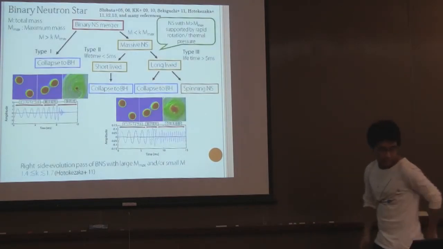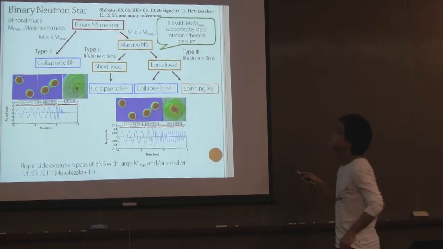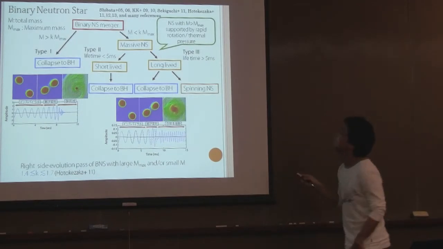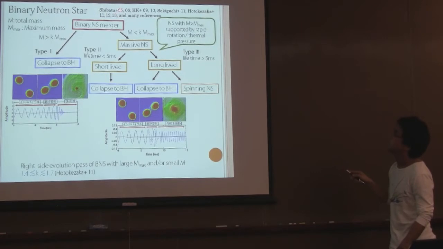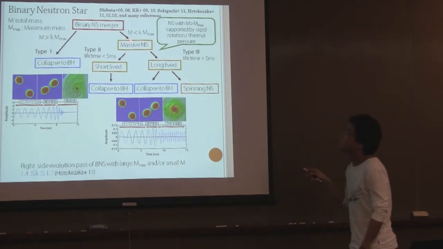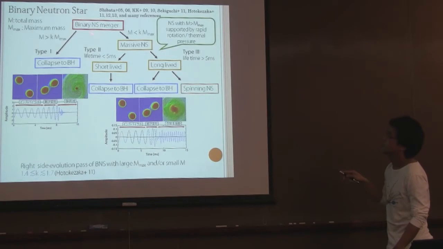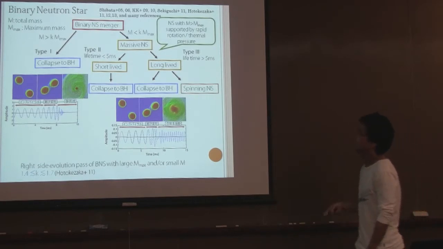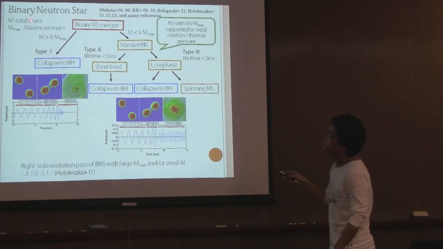In the first part, I would like to introduce the binary neutron star merger case. There are plenty of numerical relativity simulations of binary neutron stars done so far, and they have revealed that the evolution of binary neutron stars exhibits diversity. If the total mass is greater than the maximum mass with constant K, the binary collapses to a black hole